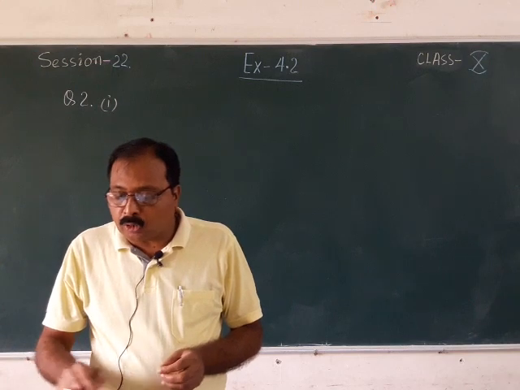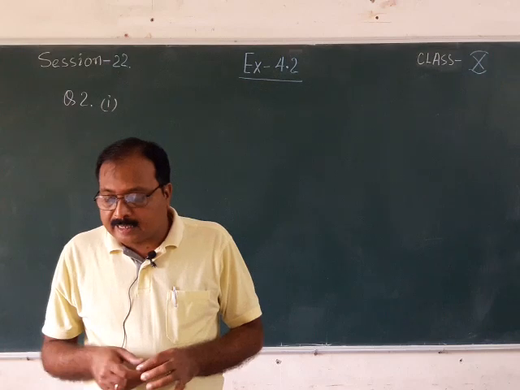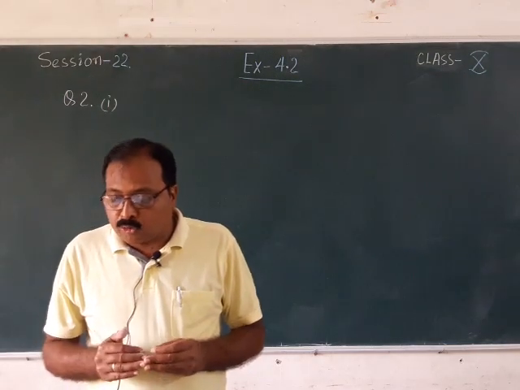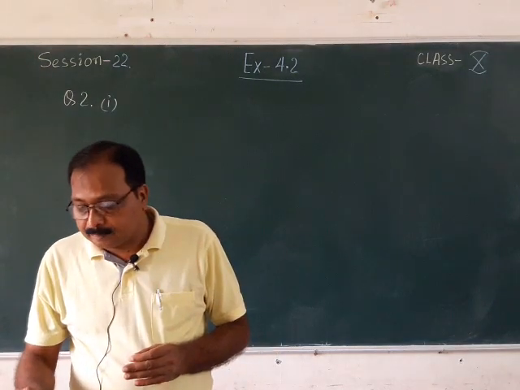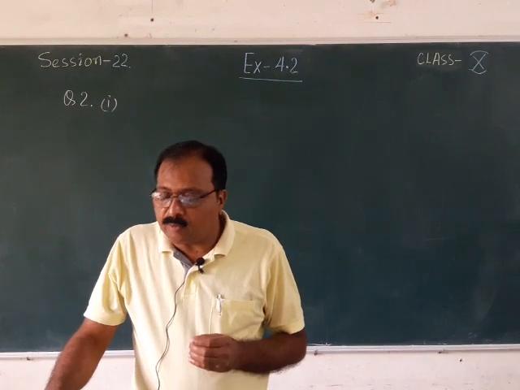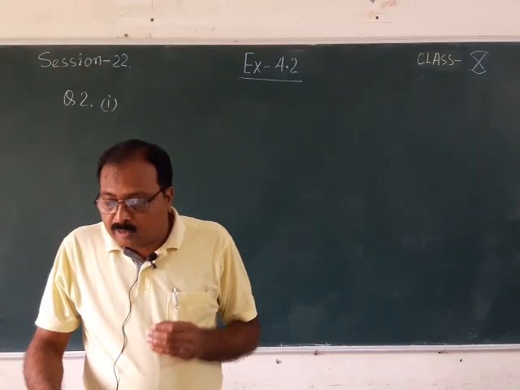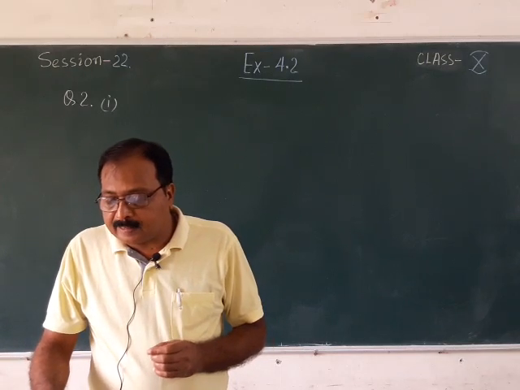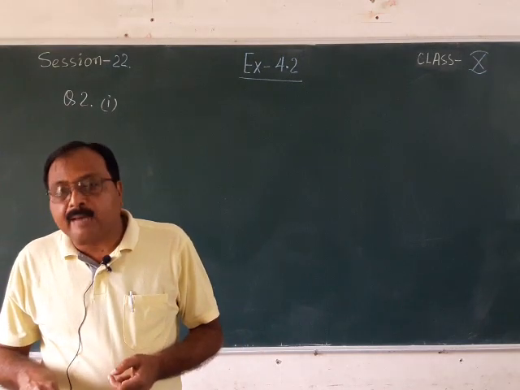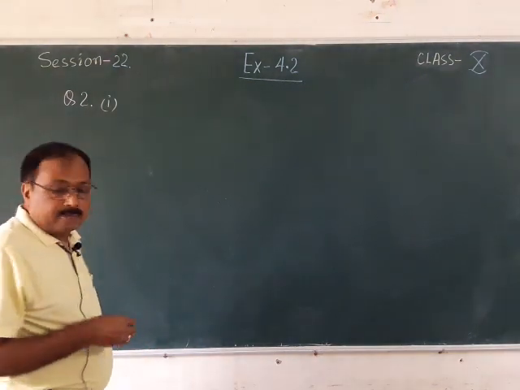Here, solve the following situations mathematically. First question: John and Jivanti together have 45 marbles. Both of them lost 5 marbles each, and the product of the number of marbles they now have is 124. We would like to find out how many marbles they had to start with. That means John and Jivanti together have 45 marbles. So first of all I am going to frame the equation.